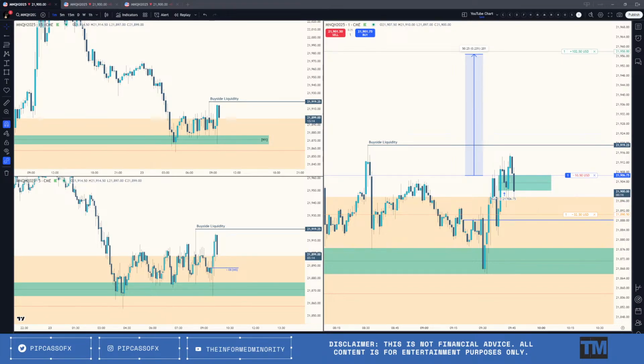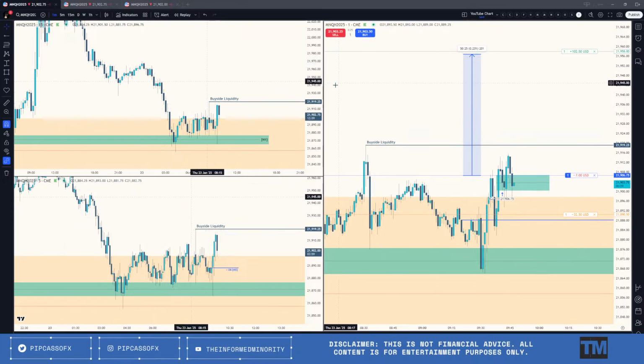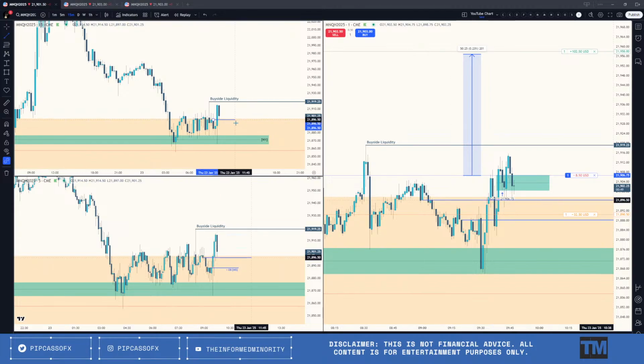You said BTC is doing what you wanted NASDAQ to do? Yeah, I mean, I am expecting a little bit higher. I wouldn't want to see it keep coming down and keep coming down again and again. That's not the trade setup that I would obviously want to be in. But price is going to do whatever it's going to do anyways, regardless if I'm sitting in the trade or not.